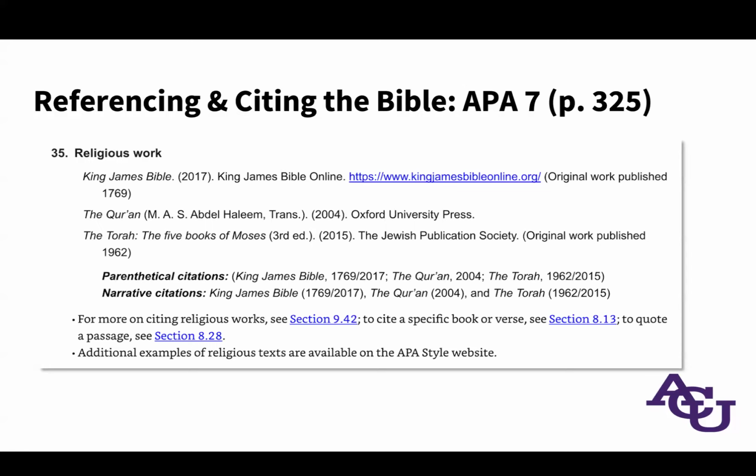All right, so if we were to look in the APA 7th edition manual for the rules, we get something like this. Now, let's break down what this is, because King James Bible, that first example, that's saying not that the original text was published in 2017, but that this online version, the King James Bible Online, dates from 2017, and that the original translation that we call the King James Bible was created in 1769, which is why you'd get in the sample parenthetical citation, King James Bible